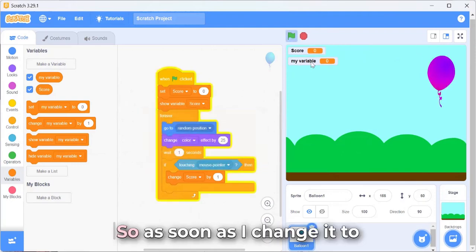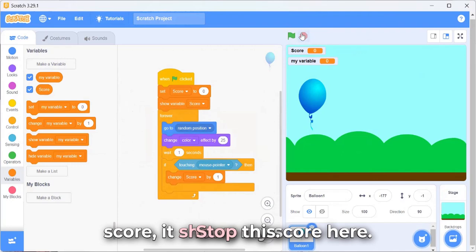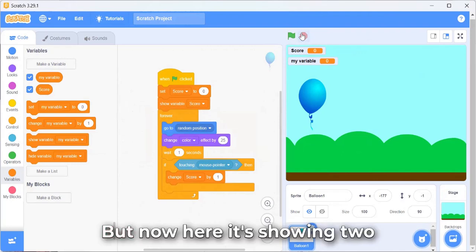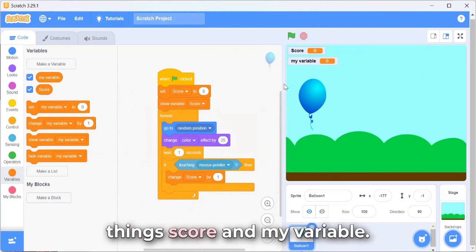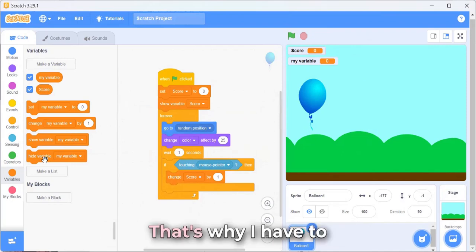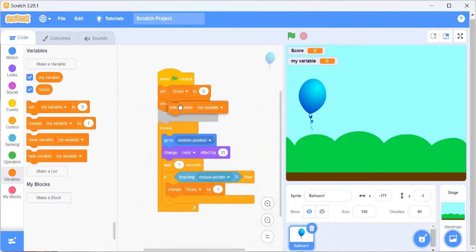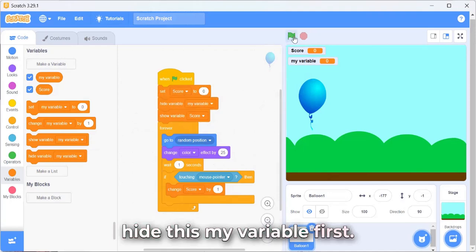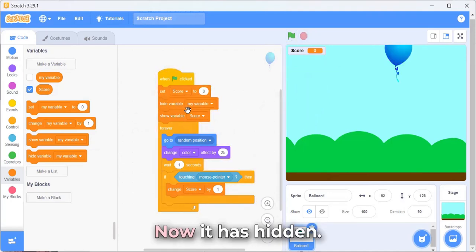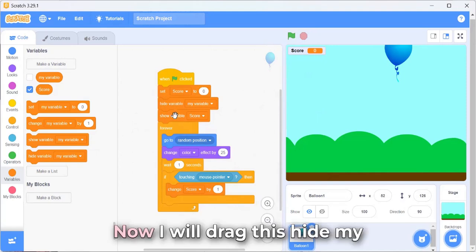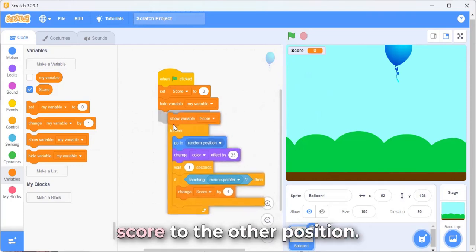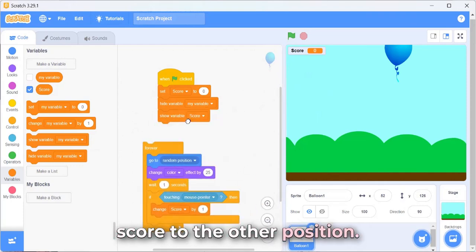As soon as I change it to score, it shows my score here. But now it's showing two things, score and my variable. That's why I have to hide my variable first. Now it has hidden.